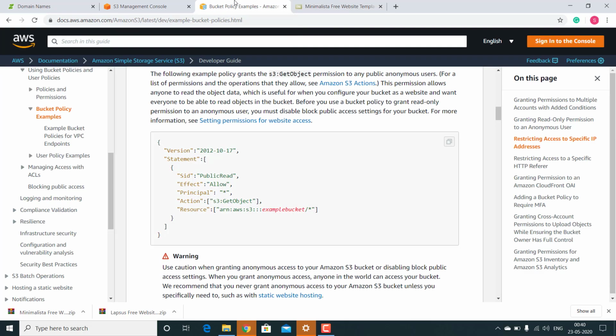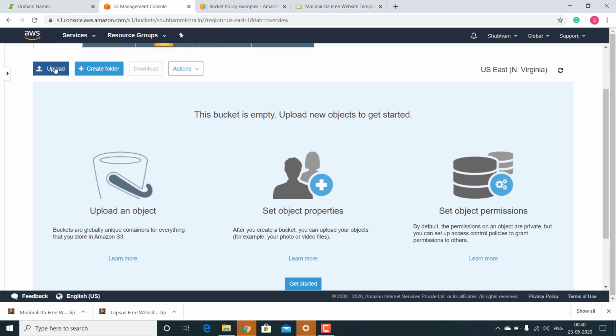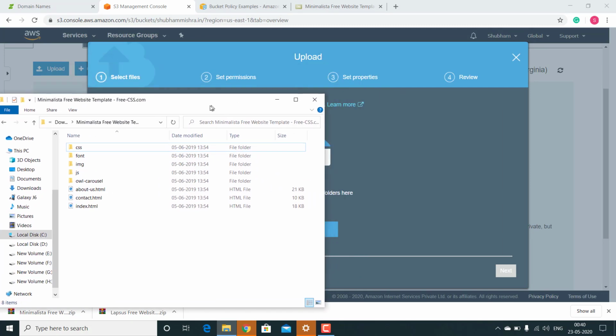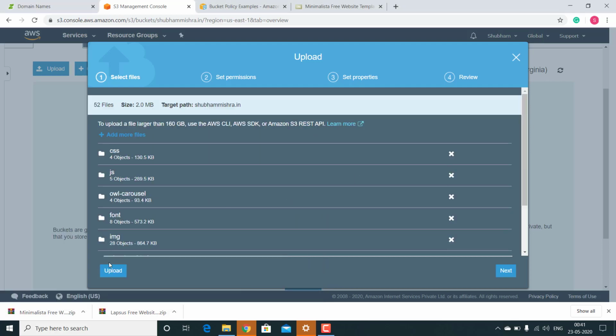So now you have to upload all the files and folders on your S3 bucket. So click on upload, go to the folder and select all and move this to this screen. Now click on upload.